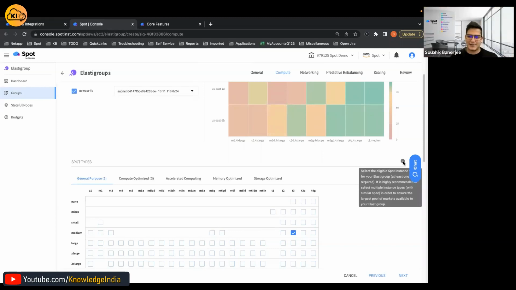Yeah, so basically it sort of comes in an information button where we tell our